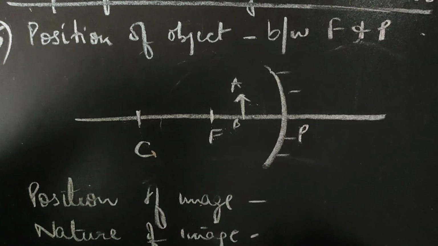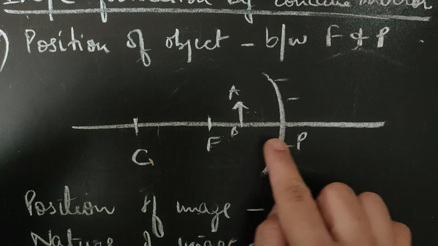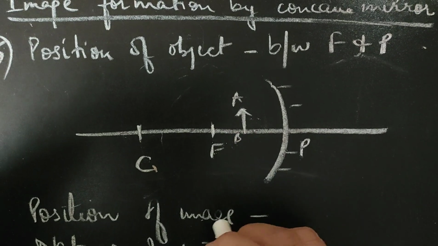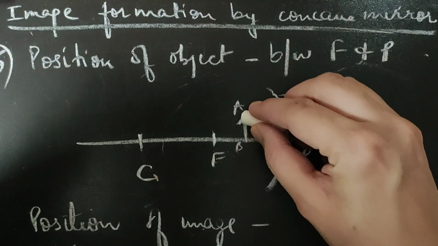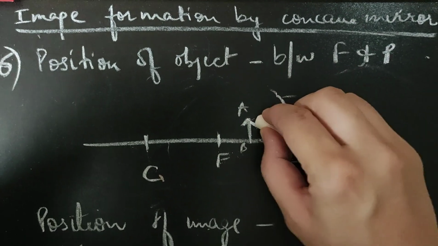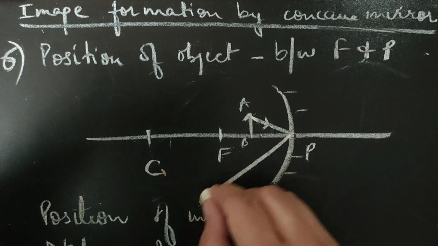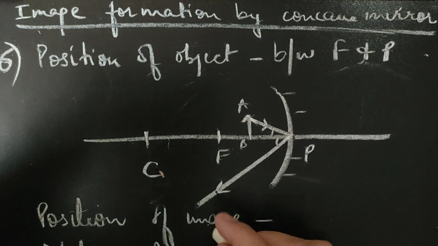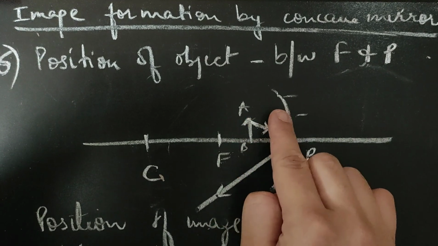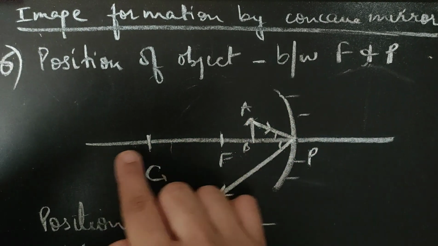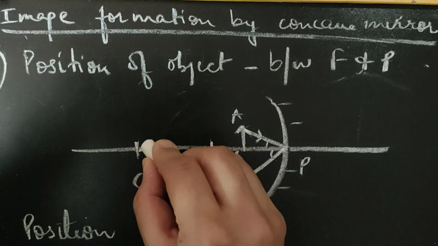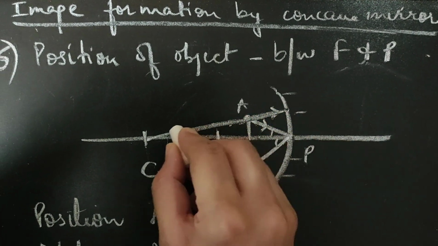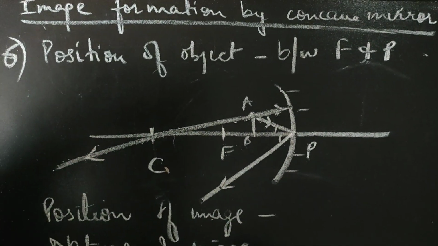So the last ray diagram for a concave mirror is when the object is placed very close to the mirror, somewhere between pole and focus. I have placed the object and labeled it AB. So we'll take the two rules again. Let one ray be which is going to the pole at an angle will be reflected at the same angle. So these two angles should look equal. And let the other ray that we consider be a light ray which is striking the mirror in the direction of the center of curvature, and it will retrace its path. So a light ray coming in the direction of the center of curvature from the object, when it strikes the mirror, will retrace its path. So this is the second ray.